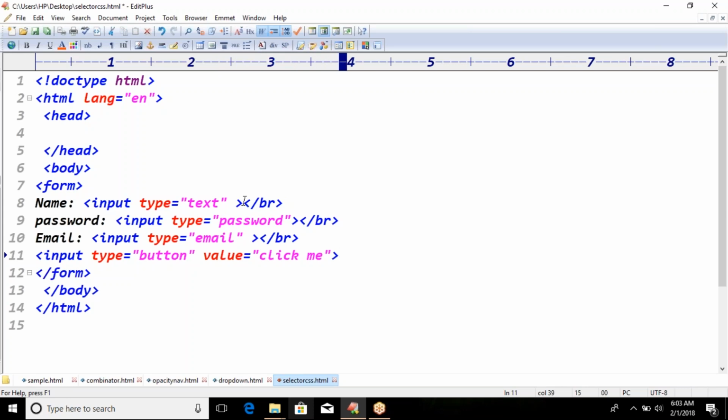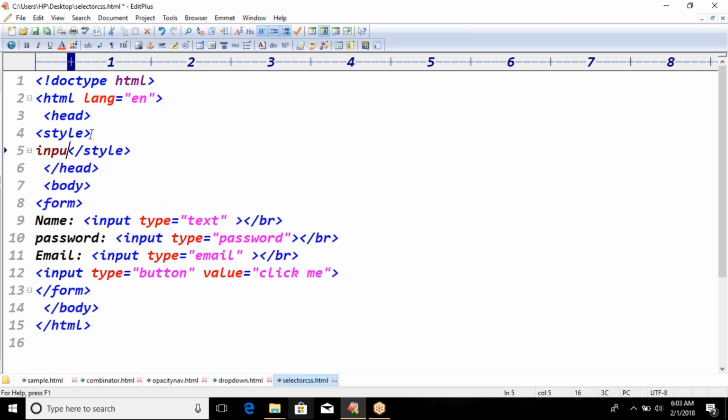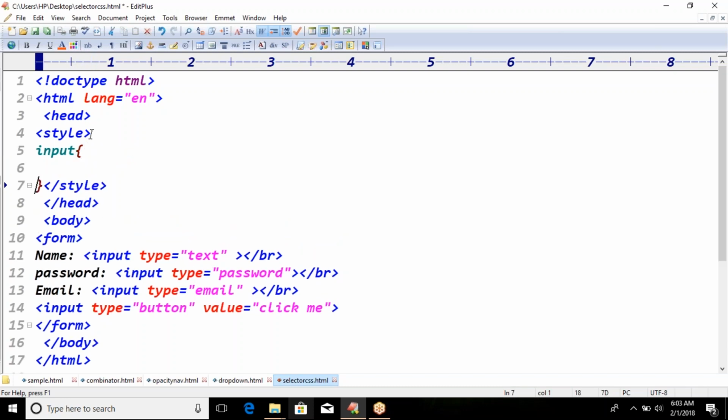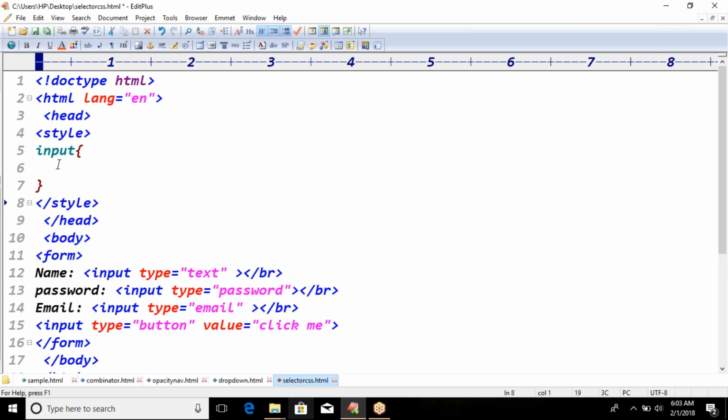And we are going to style the input fields, right? So to style each and every input, I'm going to style it using CSS. Okay, just open the style tag. Inside this style tag write everything for the inputs here. Okay, in this input, whatever code I write belongs to the input. Here in this input, so width I'm going to give 100 percent. Okay, like that. Just save it,